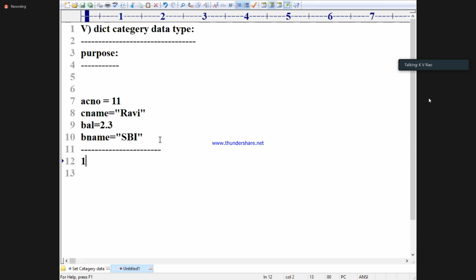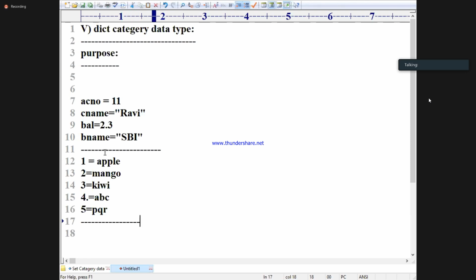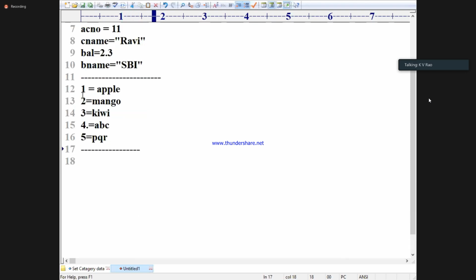You can also maintain 1 is equal to apple, 2 is equal to something like mango, and 3 is equal to something, and 4 is equal to something, and 5 is equal to something. What are our keys? A, B, C, and then P, Q, R. What are the keys here? Don't maintain silence. Speak. Don't you know about this or not? 1, 2, 3, 4, 5 are called what? Keys. Okay. What is the type?